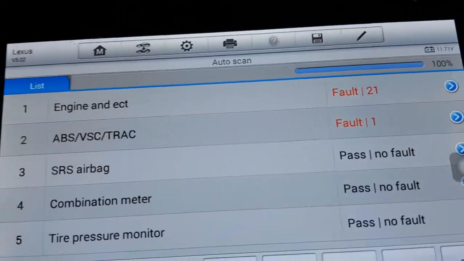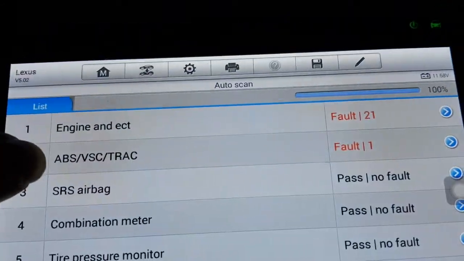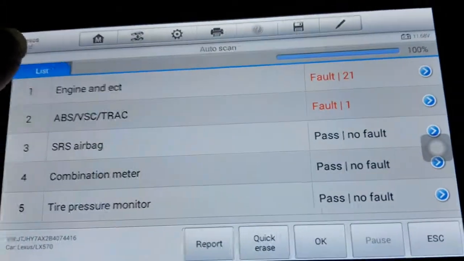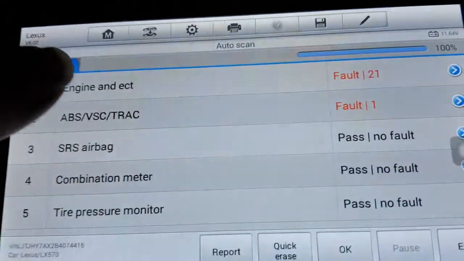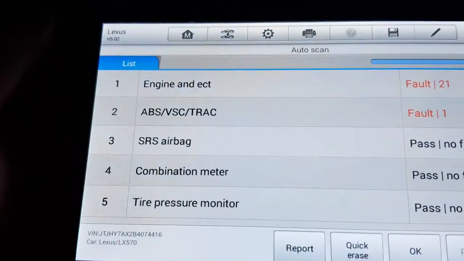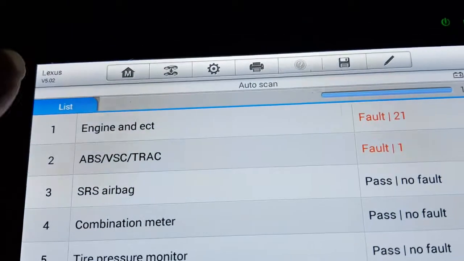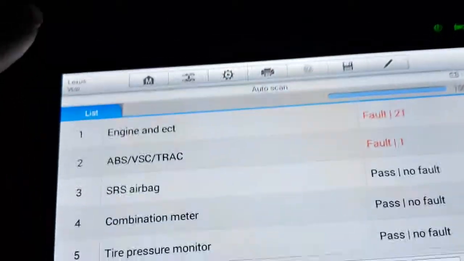Let me go from the top, because here we have faults because of the ABS, and the engine is vibrating. These two ECUs usually affect this kind of thing.